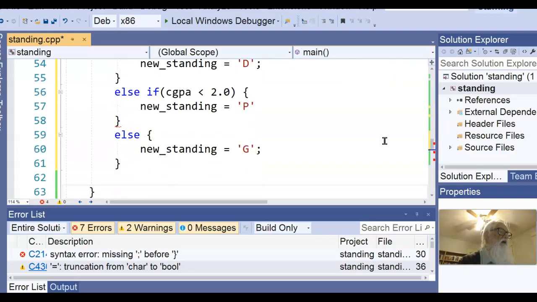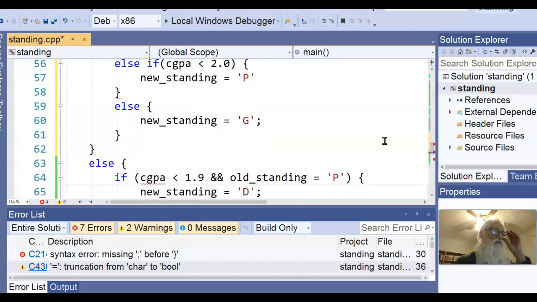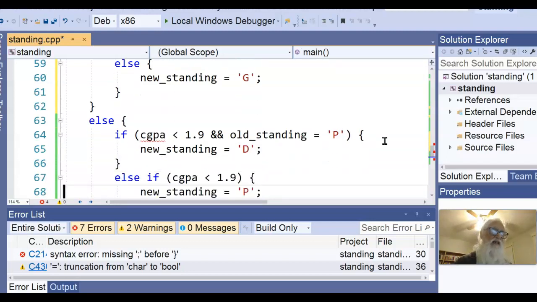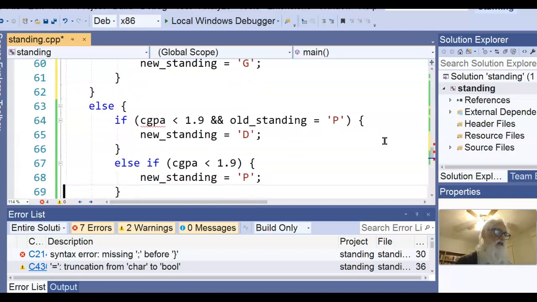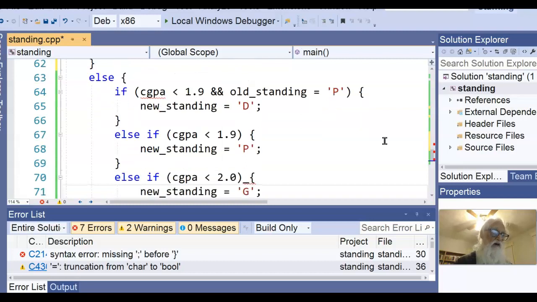And now I have ended that particular branch of it. So now I have the else for everything else. If you were at 1.9 and your old standing was P, you're dismissed. Otherwise, if it's less than 1.9, your new standing is P. Else, if it's less than 2, your new standing is also, let